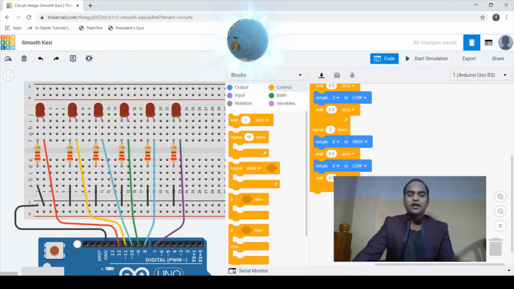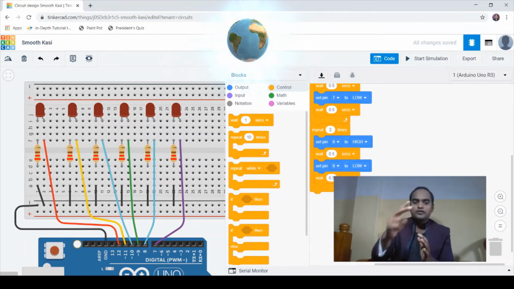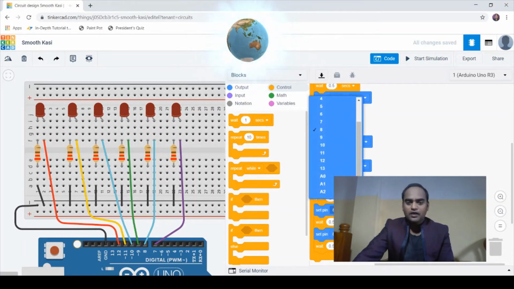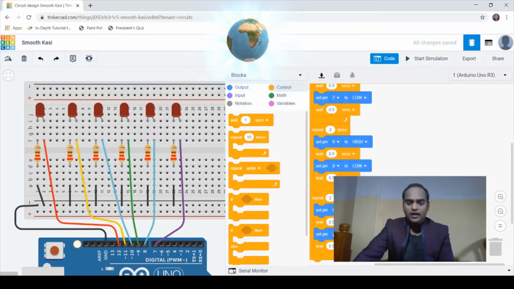Imagine how fantastic this is going to be. Now again, LED 2 will blink 2 times before moving to the next. Likewise, let's repeat for LED number 3, connected to pin number 9. So I'll change the pin number from 8 to pin number 9.